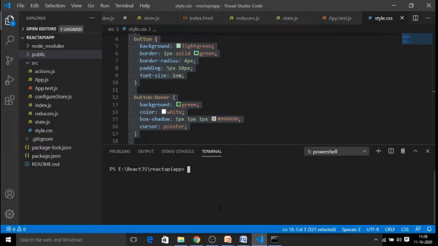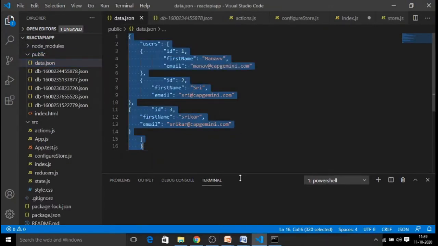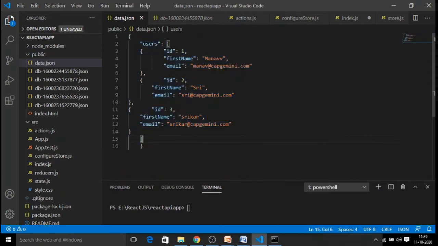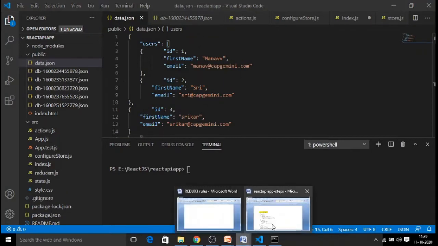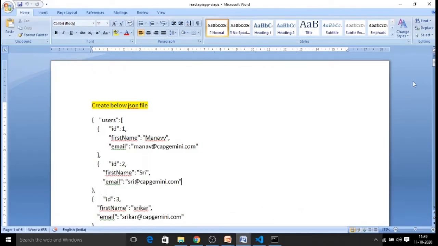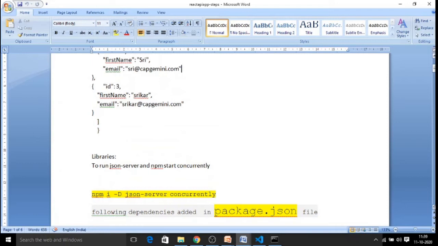Here I have configured one simple application where we can load data from a backend fake API. We are not taking any data from MongoDB or any other backend database. I just created a JSON file, which has a set of user details. It's nothing but simple key value pairs, a set of records of users. In React we have a library called JSON server, which is used to manage your JSON files. That is a library we need to install.